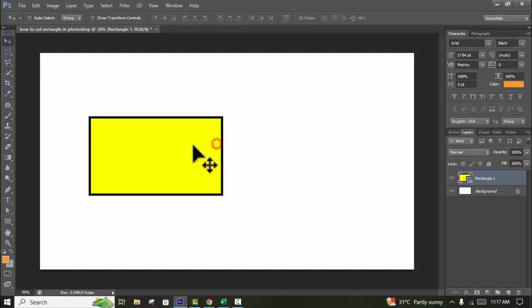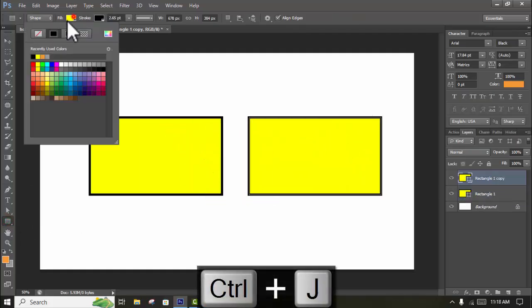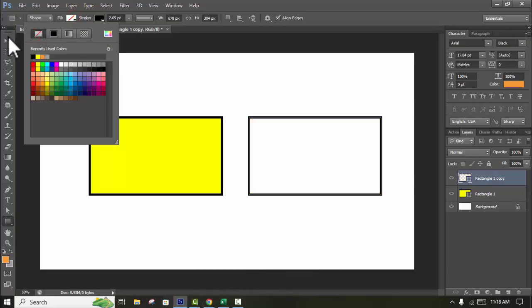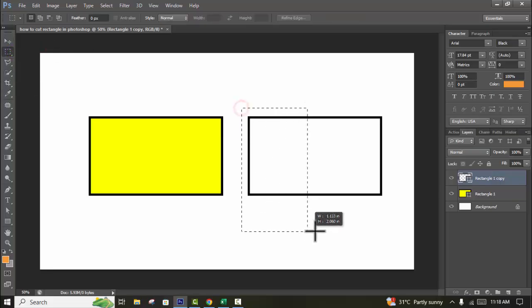Okay. Press Ctrl J, duplicate, and this without fill, and cut this step on. Select the rectangle. Use selection tool and cut half or corner or side everywhere. Example, I cut this corner